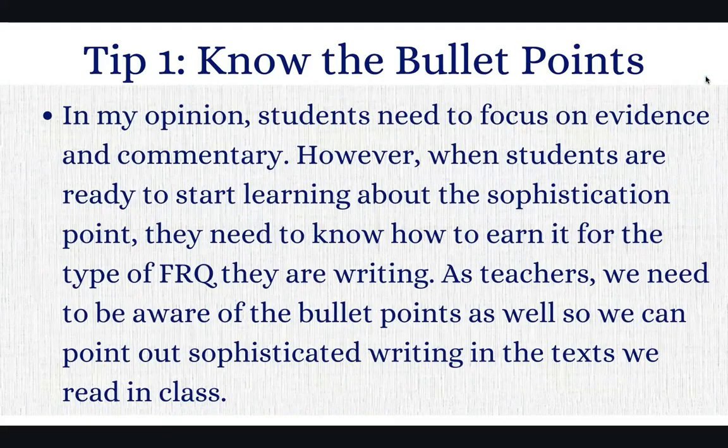So if you're familiar with the AP Lang rubric, you would know that there are bullet points on row C where it talks about sophistication. And for each of the rubrics, it tells how students can earn the sophistication point. There are a couple things we want to recognize. One is that sophistication has to be consistent. We need to see it throughout the whole essay in different places, not just in one single line.